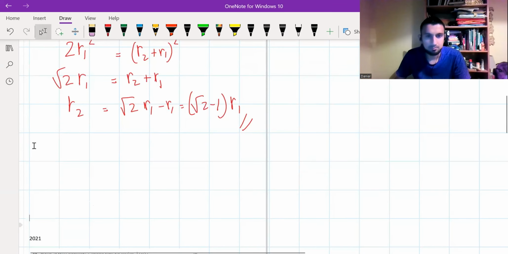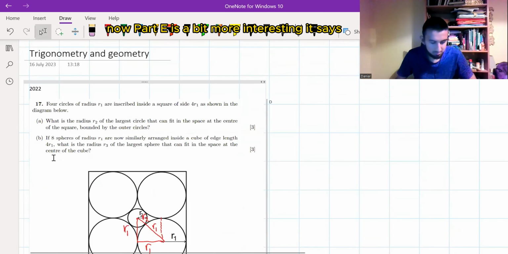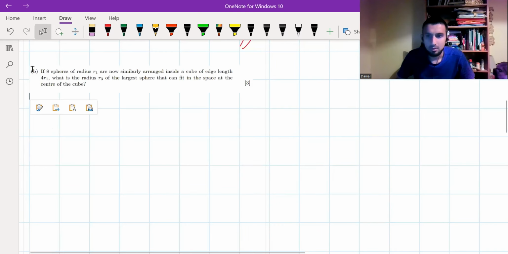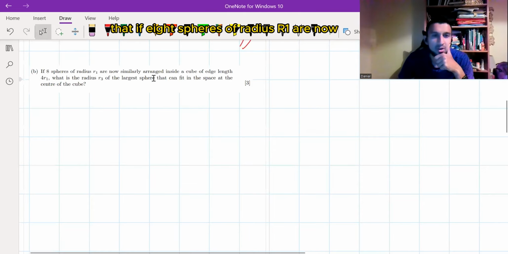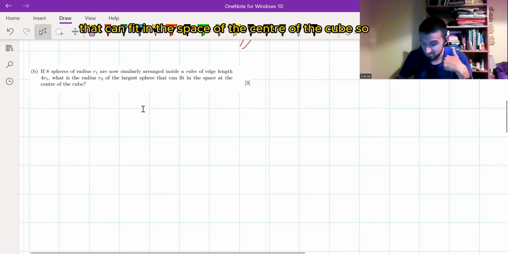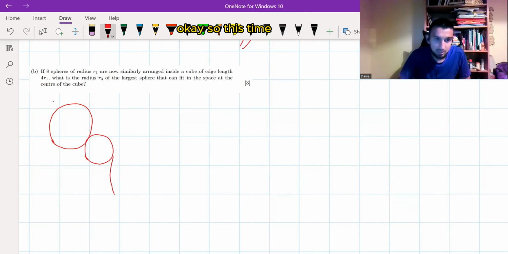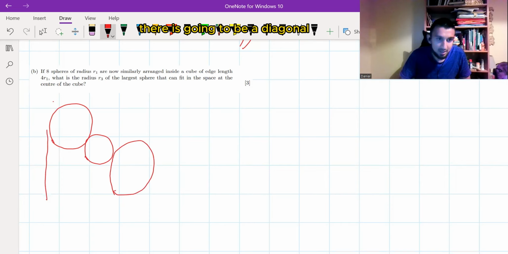Okay, so now part B is a bit more interesting. It says that if 8 spheres of radius R1 are now similarly arranged inside a cube of edge length 4R1, what is the radius R3 of the largest sphere that can fit in the space at the center of the cube? So now we're interested in a diagonal, okay? So this time there is going to be a diagonal